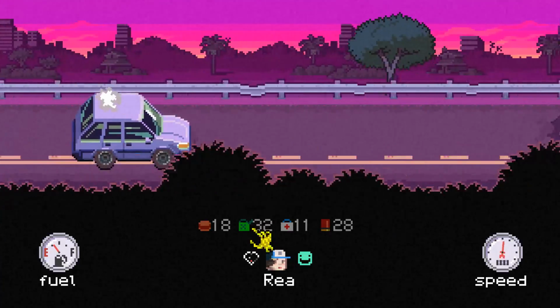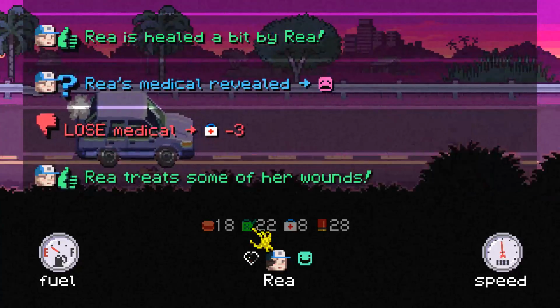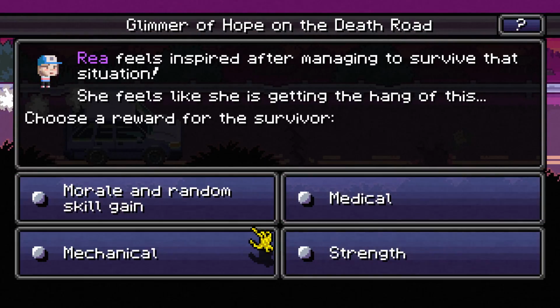Rhea's alone and almost dead, but we've got enough food now for 9 days. We're almost out of gas, so this food isn't going to last us very far along the road, but there's a glimmer of hope on the death road thanks to that siege. We're going to have to just get...